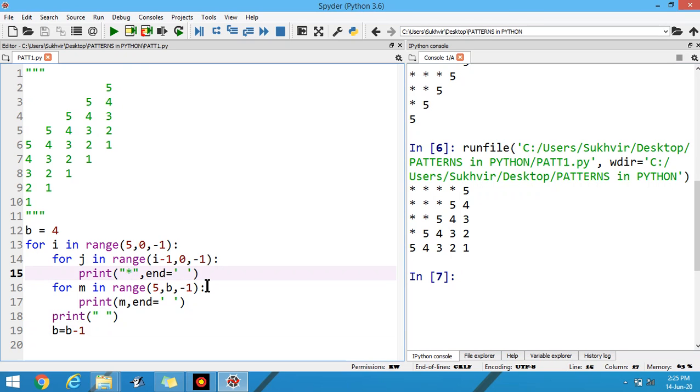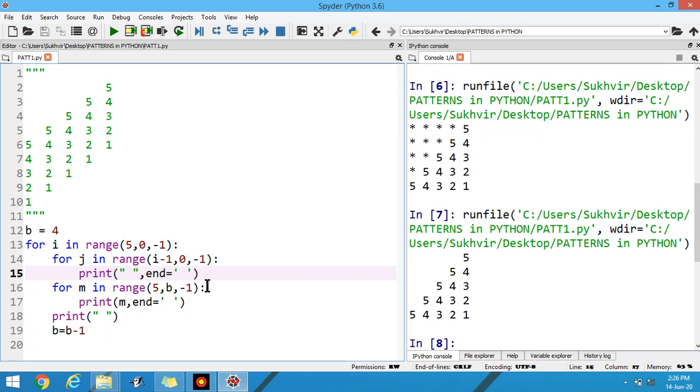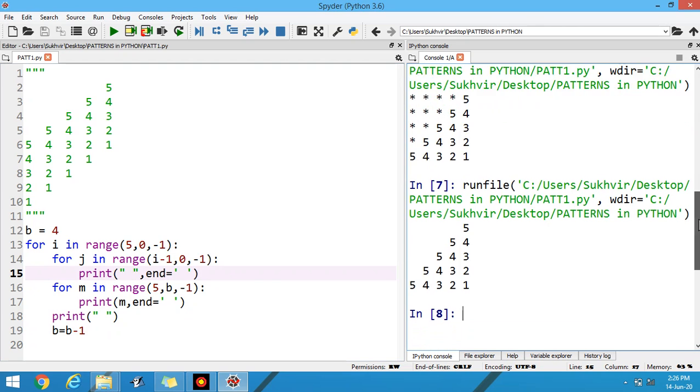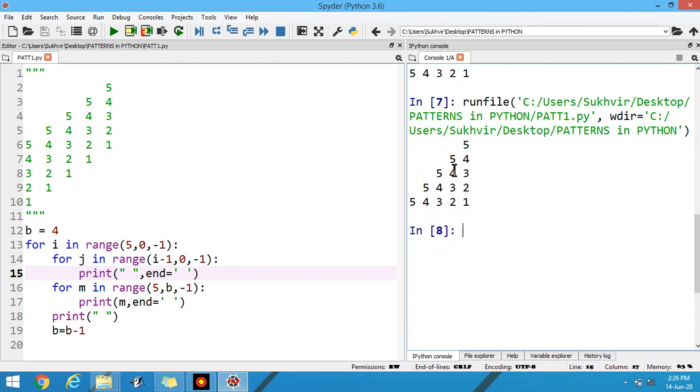And in place of star, I can place only the empty space. These are the values. It means up to this point it's okay.